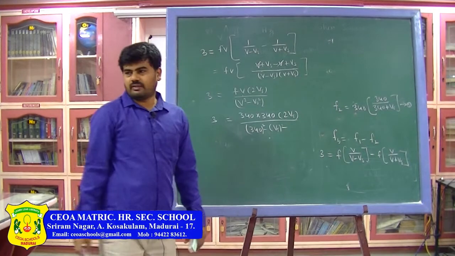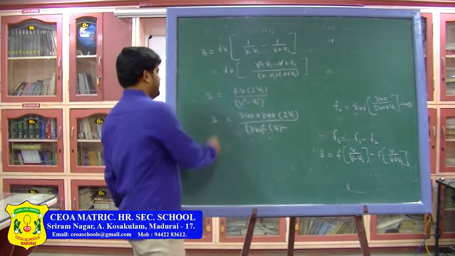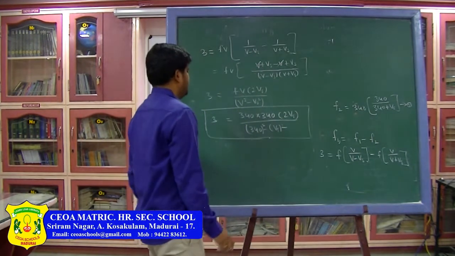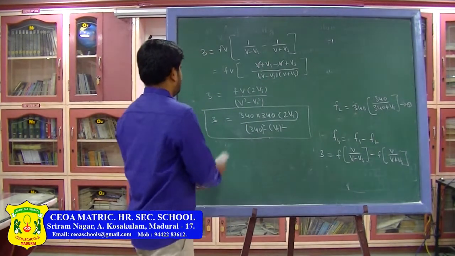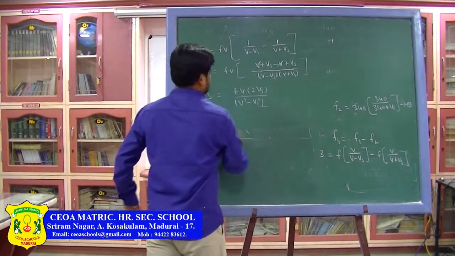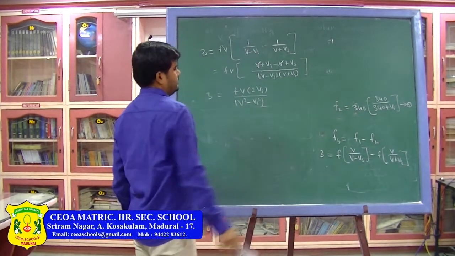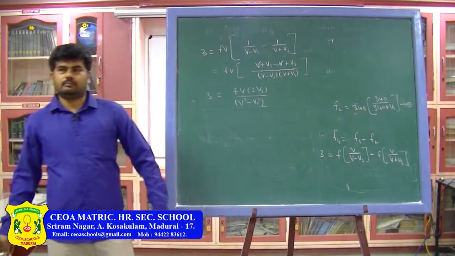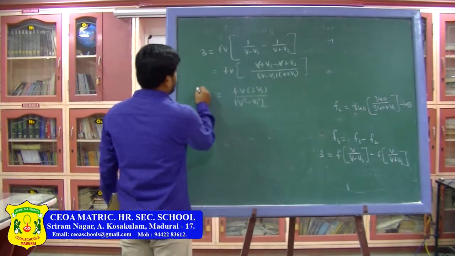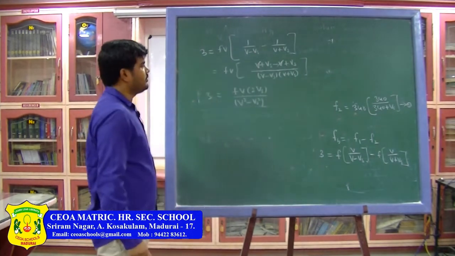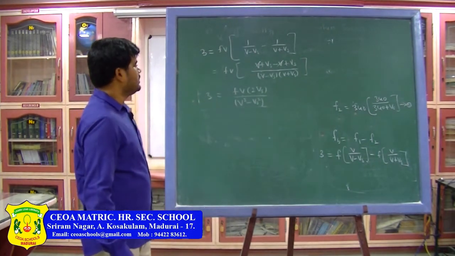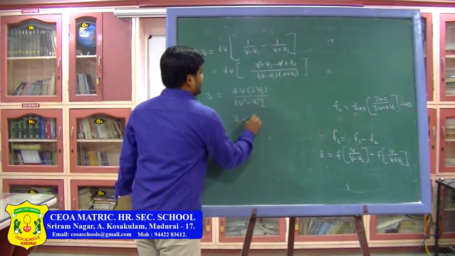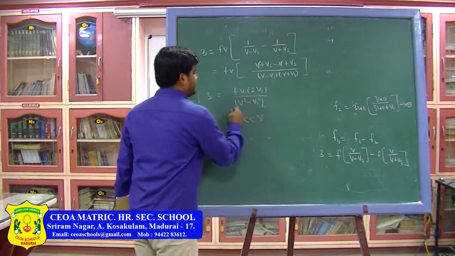So, solving this you will get the speed of... now. So, this is the equation we arrived at. Now from this equation we have to find out the speed of source, that is the Vs value. Here generally Vs will be very much less than V, that is the speed of sound in air.